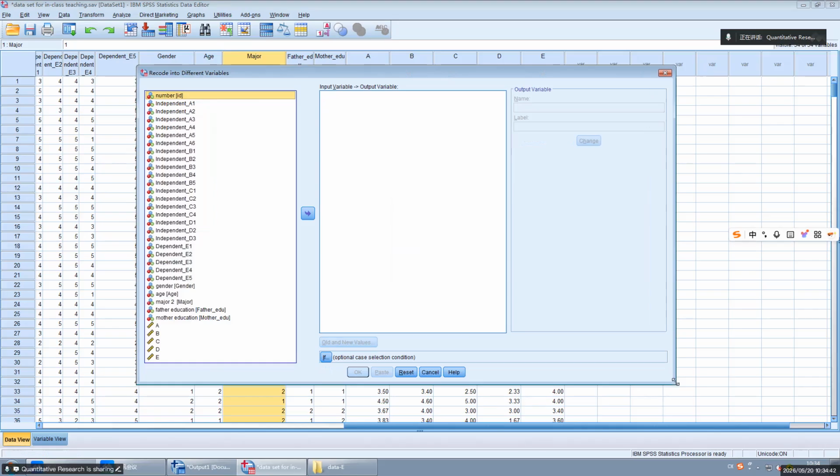Now, I want to transform gender, this nominal scale. I want to transform gender into dummy variables. First, I transform gender to male. So first of all, I put gender in here because it's creating a different variable, a new variable.